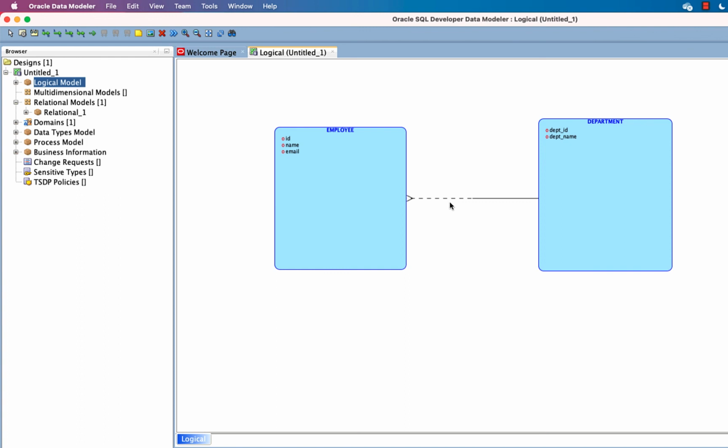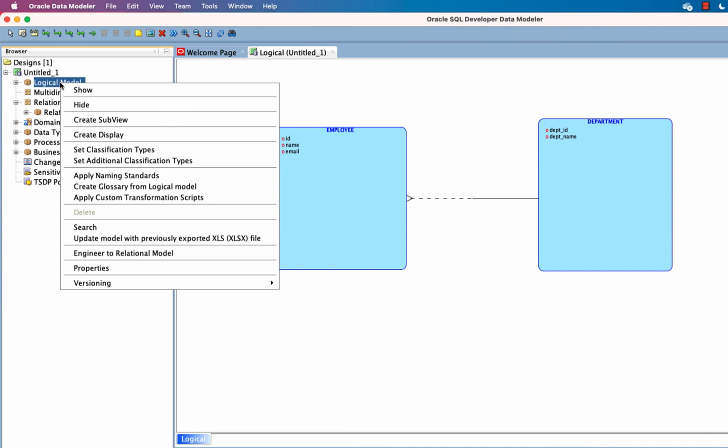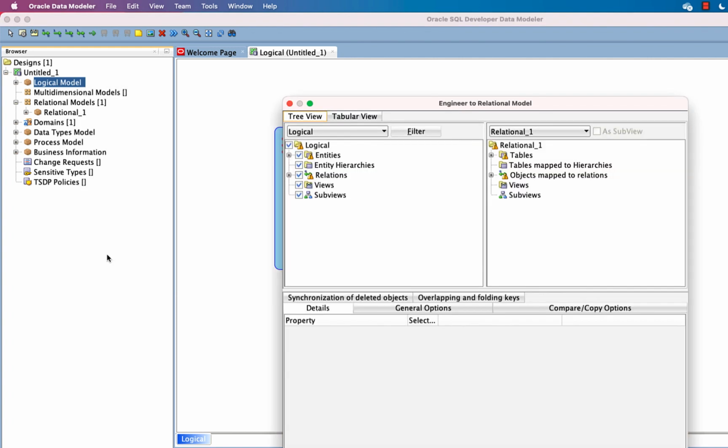And after that, other steps would be very easy. Like you have to go there, logical model, right click, engineer to relational model choice. It will automatically create the mapping of your ERD. So that's why I'm saying that using this tool is very, very helpful, because the next steps would be just a few clicks away.